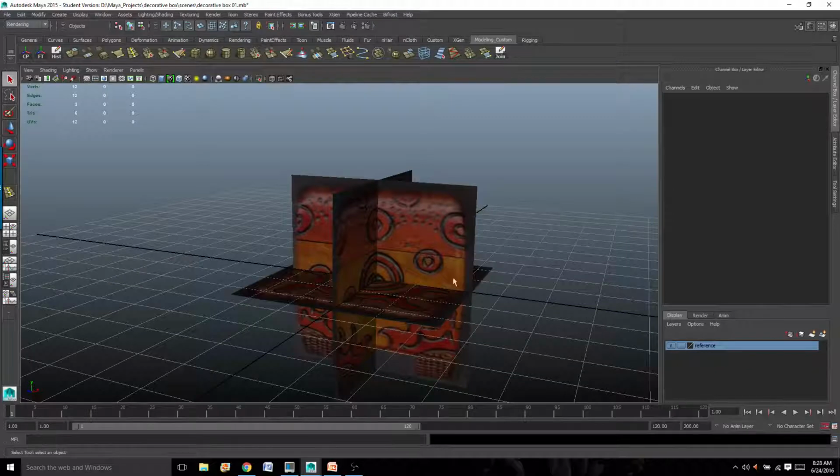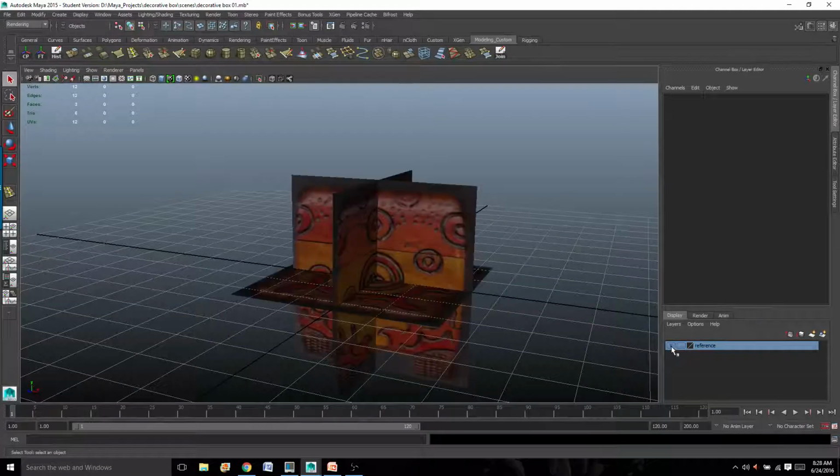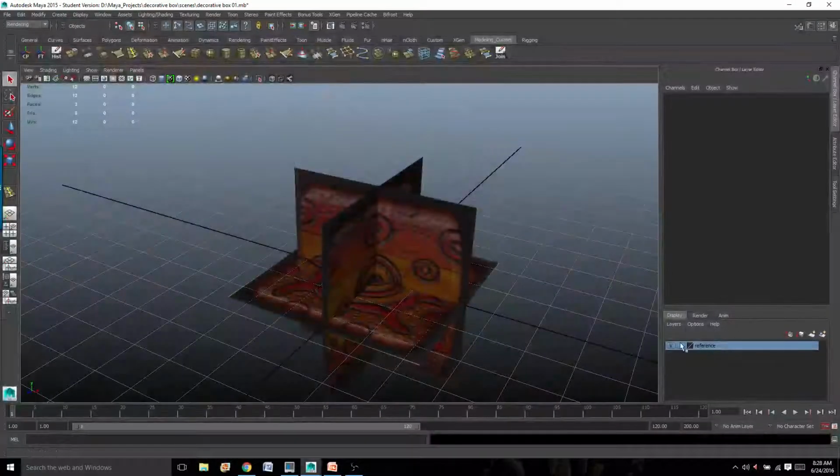You could also test this, just to make sure that it's working, by clicking this little V here. V stands for visibility. If you click the V, it'll make your reference images disappear. If you click it again, it comes back. There's another little empty box here. If you click on that one,